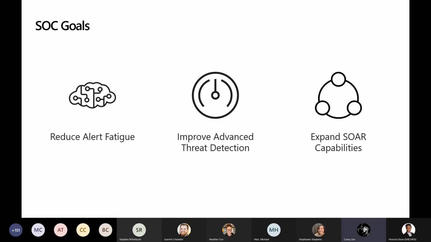And then lastly, this concept of expanding SOAR capabilities, or security orchestration, automation and response, where we're finding that it's not enough to just see blinking lights and see alerts and in some cases wait 24 hours or wait 2 weeks to respond to those types of scenarios that could be highly critical. We start to leverage more automation specifically for scenarios that we know are high risk and that in many cases can cause a tremendous amount of impact, or what we consider to be catastrophic impact in the